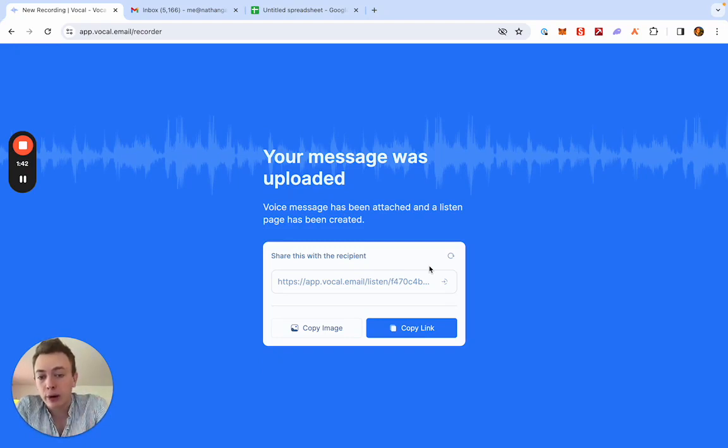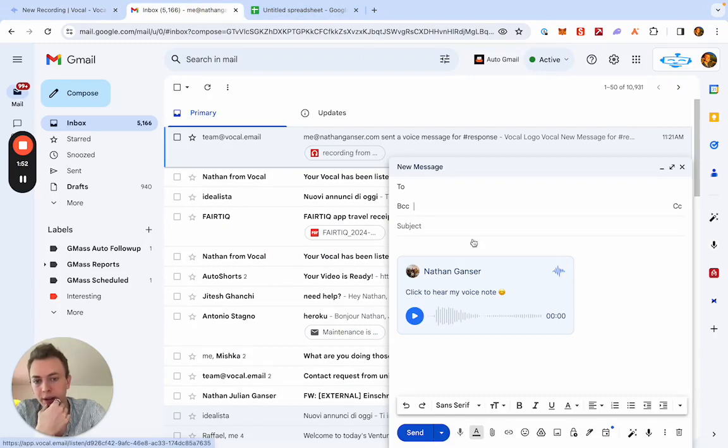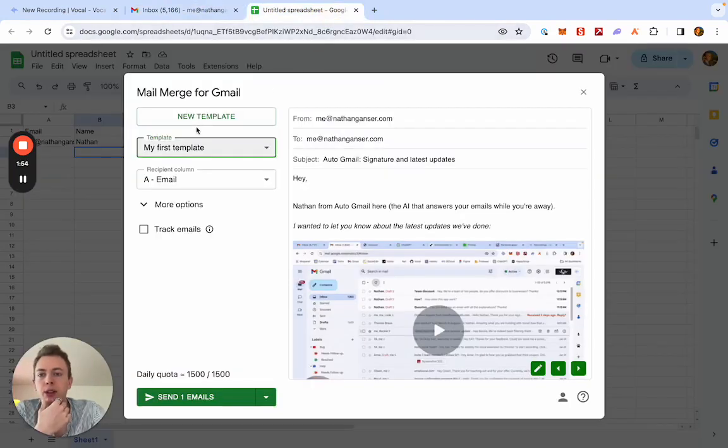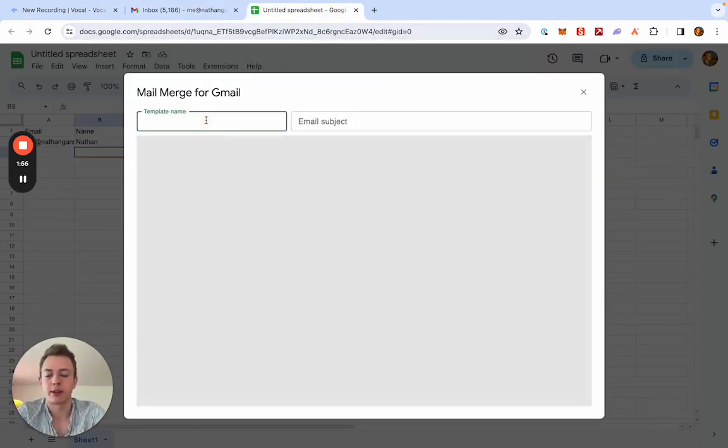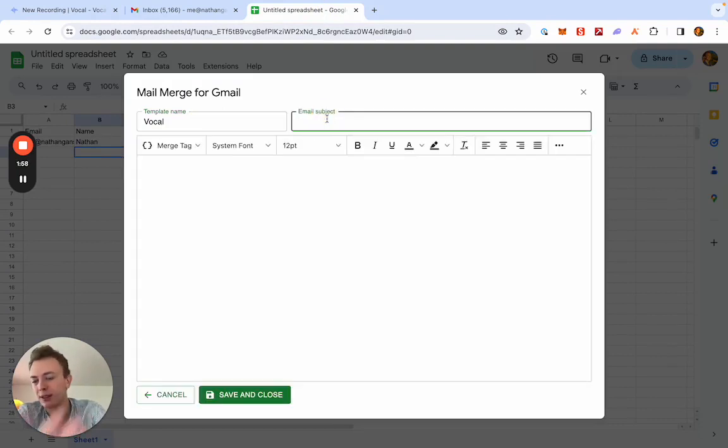Now the message is uploaded, and what you want to do is copy image. Copy link would just literally copy the link to the voice message, and copy image adds the image which we like in the emails. So here I'll just create a new template, Voqal, and usually this is similar everywhere where we have this sort of email editor. And usually we use tags, so we have like "hey name",